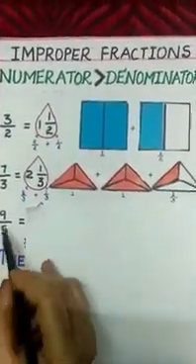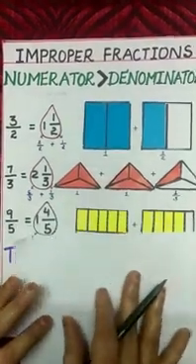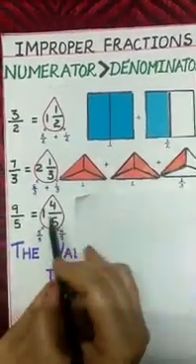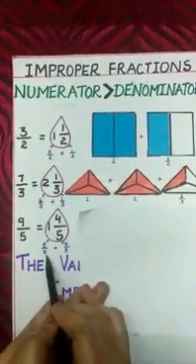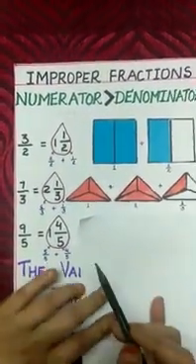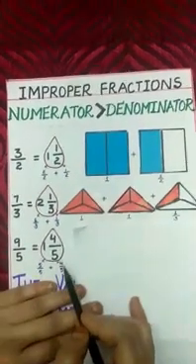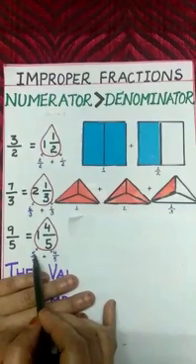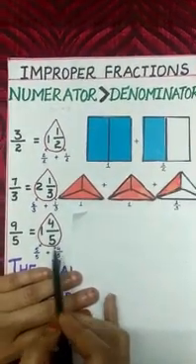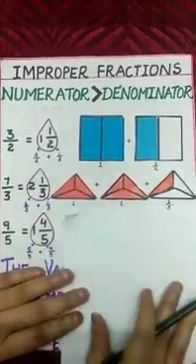And the last one is 9 by 5. Again change into a mixed fraction, which is 1 4 by 5. 1 can be written as a fraction with the denominator 5, that is 5 by 5, and the proper fraction is 4 by 5. Again these two are like fractions. If you add 5 plus 4, 9 by 5. So 1 4 by 5 is the same as 9 by 5.